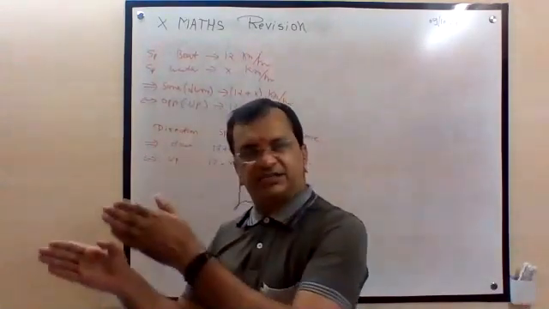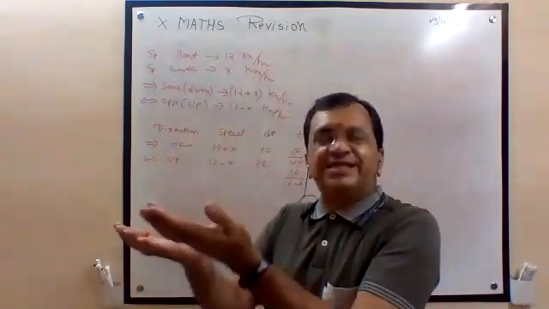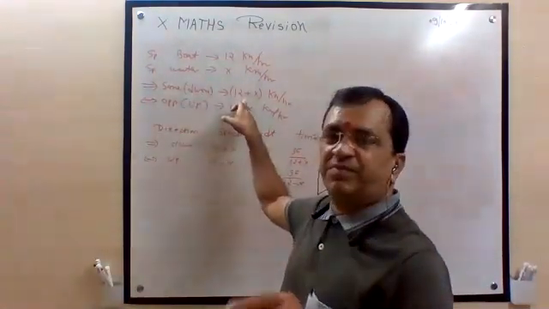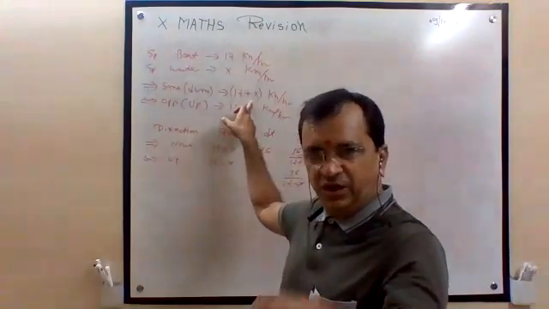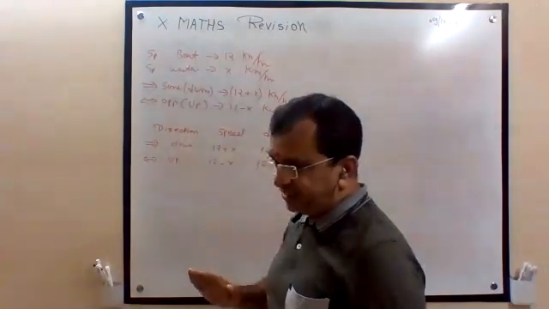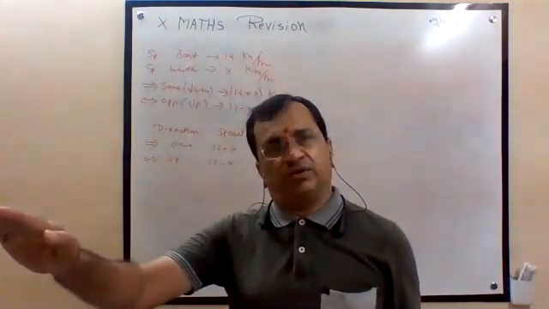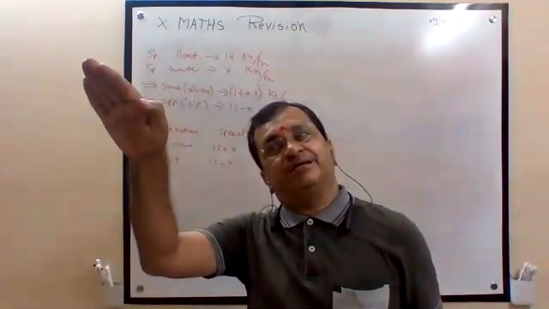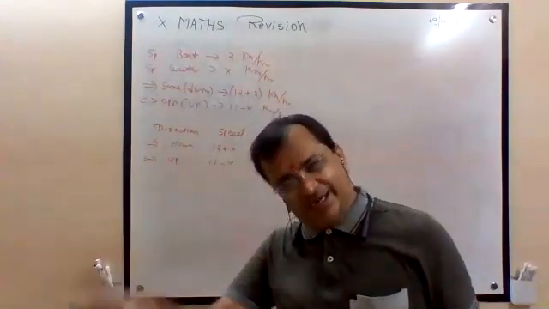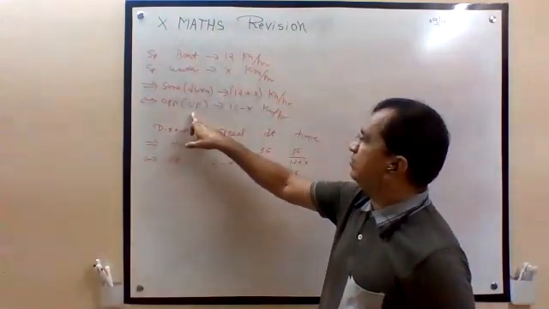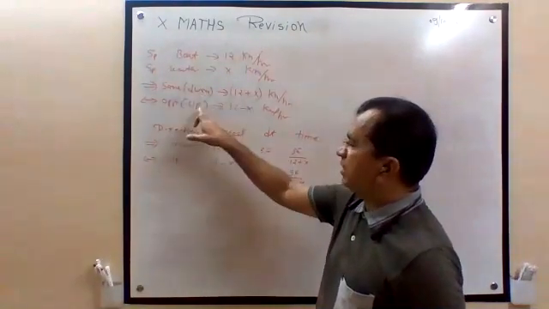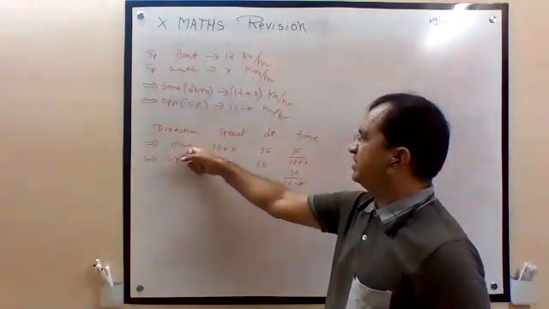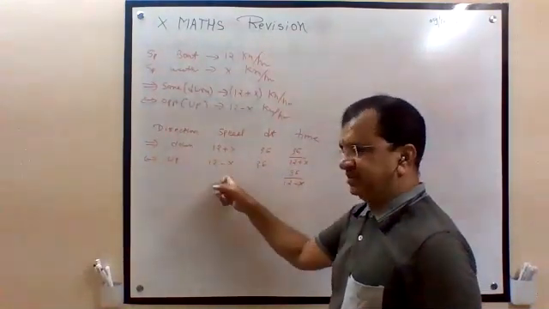When both are in the same direction, the boat speed will increase. So when both are in the same direction, meaning downstream, the new speed of the boat is 12 plus x kilometers per hour. When the boat sails in the opposite direction of the flow, its speed will decrease. So down means plus, up means minus, in kilometers per hour. When it is down, the speed is this; when it is up, the speed is this.